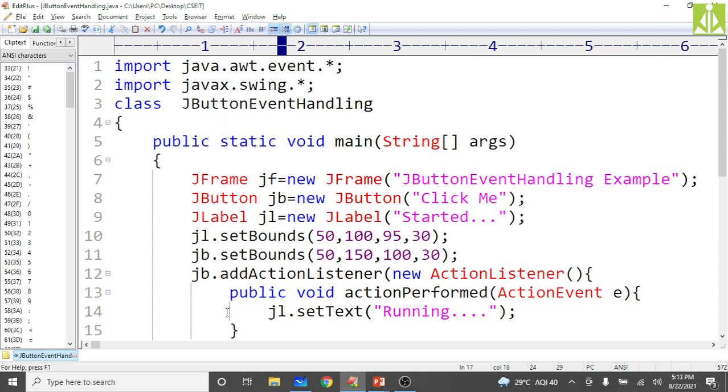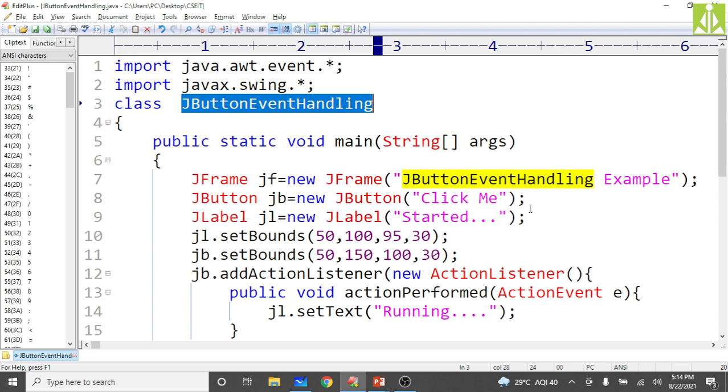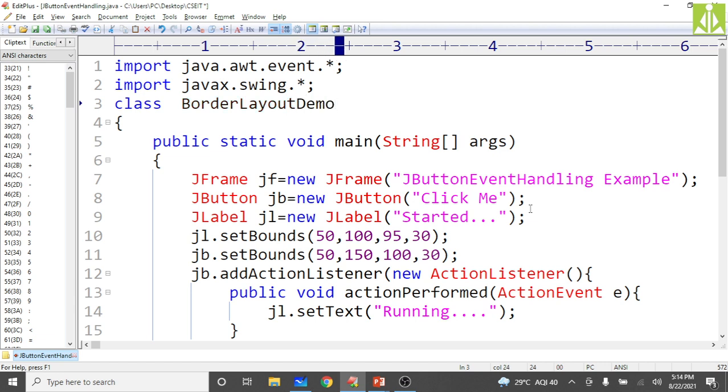So I will do the modifications only in this program, using swings only. As we are practicing the border layout, border layout demo. We are doing this with swing only, and we are not handling any events, so no need of events. But this border layout is a part of your AWT, as you can see there is no J before the class name.